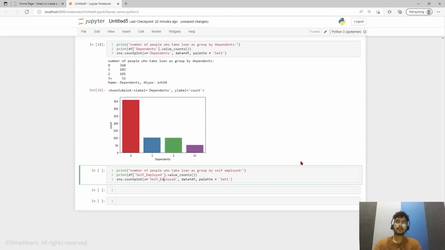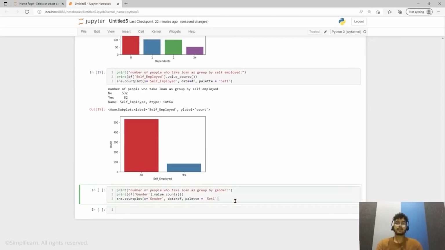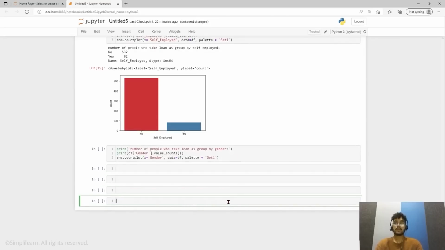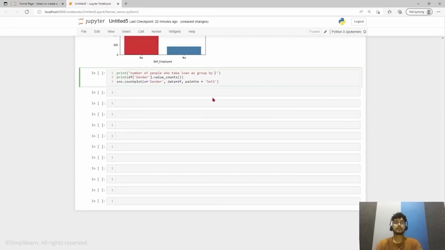E is capital here. Okay, let's see the graph. So moving forward, we will see the number of people who take loan grouped by loan amount. For that, I have to write here. Wait, let me make better visibility. Yeah. So as a loan amount,